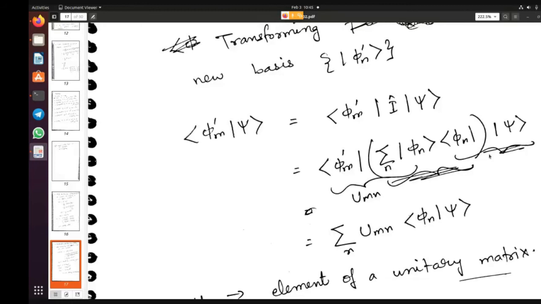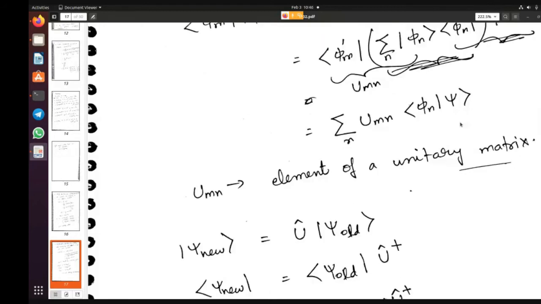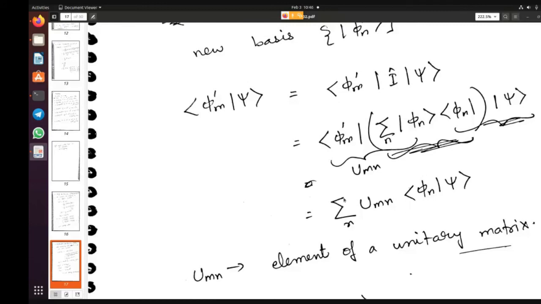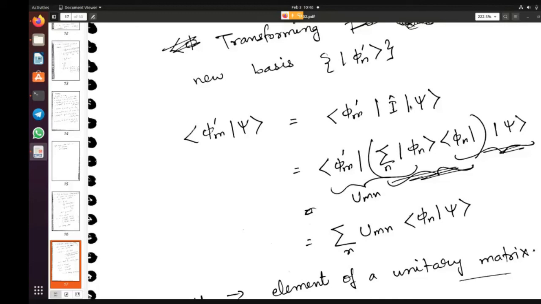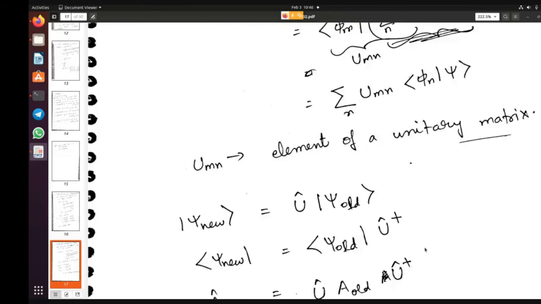If you put it here, then this summation you can take to the other side. So phi n scalar product of phi m dash phi n gives you U_mn, and this becomes phi n psi. So this thing can be represented as this summation. If you just put I anywhere where you have a vertical line, then you can derive any of these relations. It is that simple. You don't even have to memorize it. Just put I wherever you have the vertical line, and then carry out the individual summation. Then that's it. We're done.